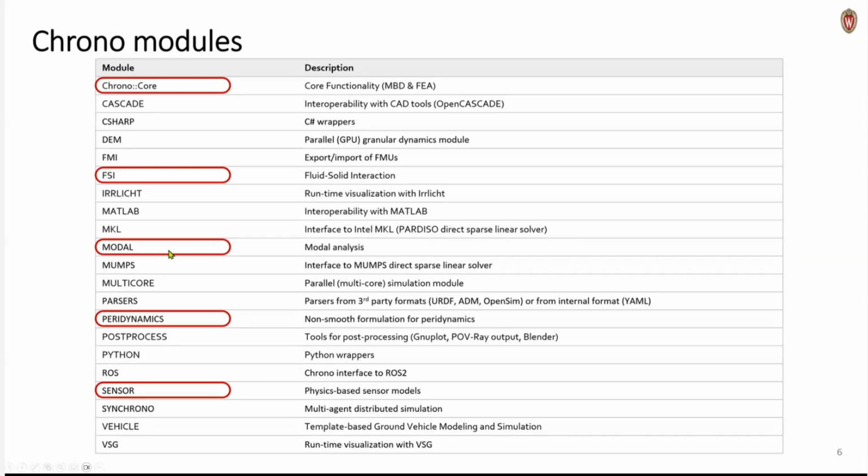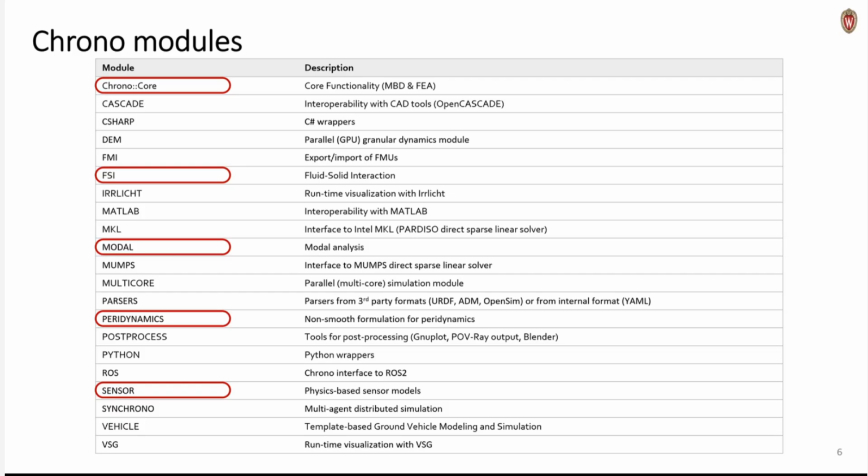The modal module allows you to do modal analysis. Peridynamics is probably the newest module in Chrono, developed in Parma. This is a non-smooth formulation for peridynamics. Peridynamics is this approach of modeling fracture and deformable materials with particles